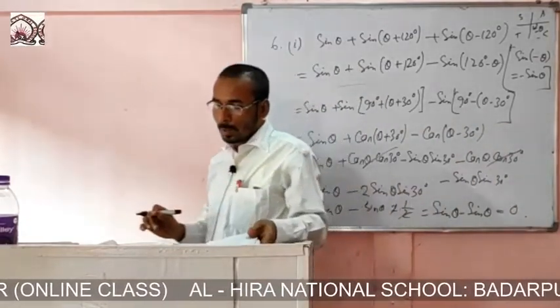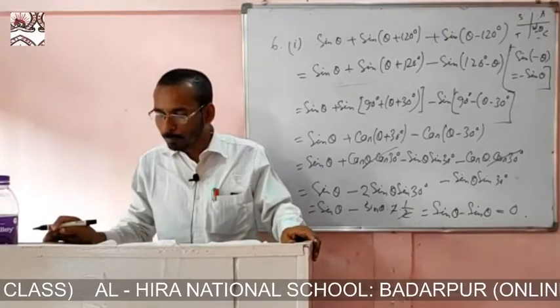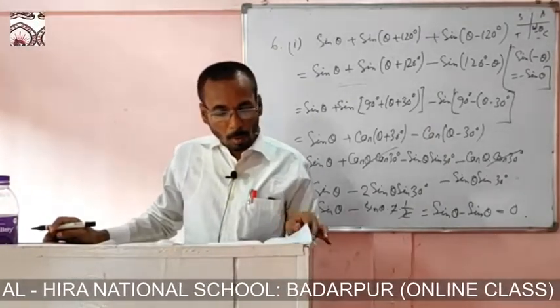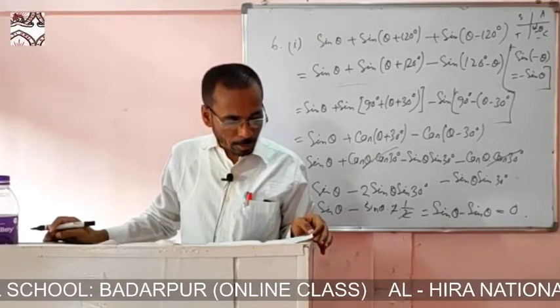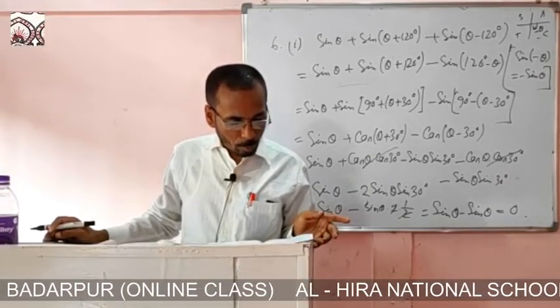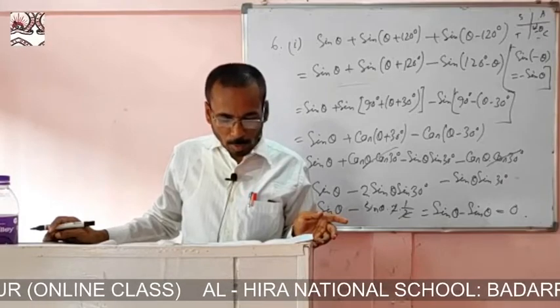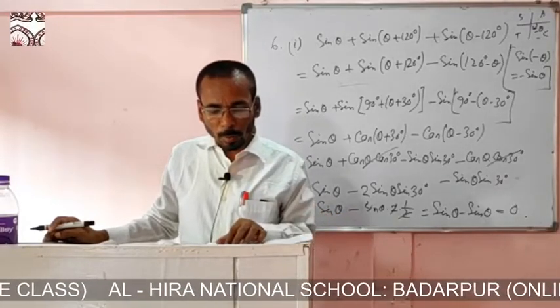So like this you can do the whole sum. Now question number 7 is also like that, 8 is also like that. By putting the formulas you can do it, and then question number